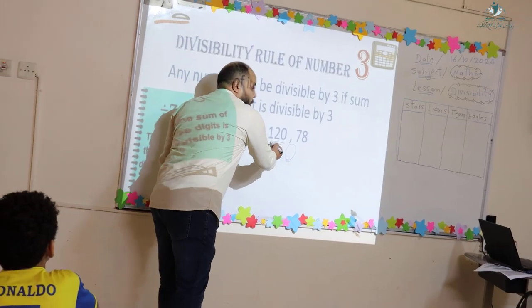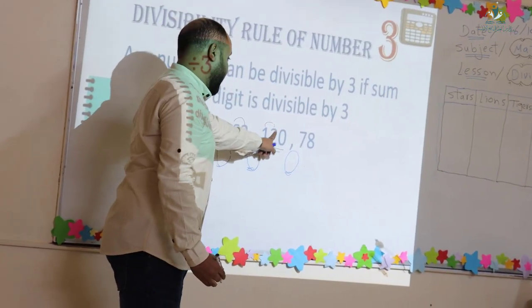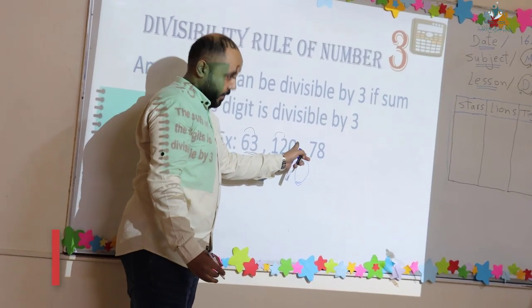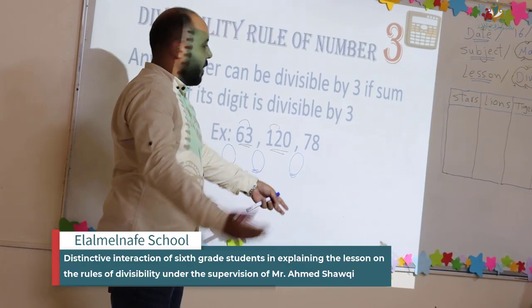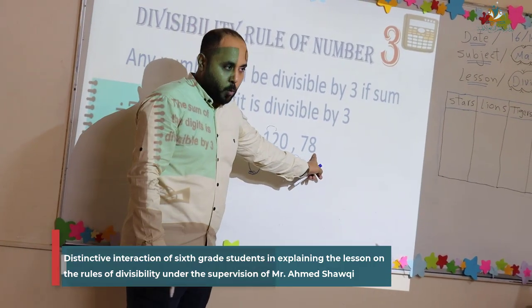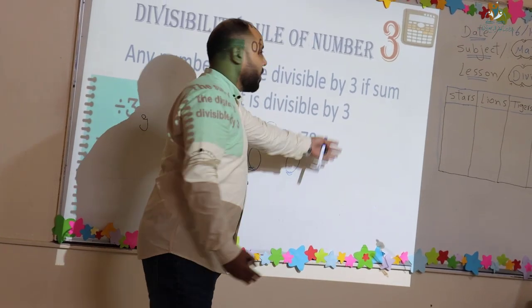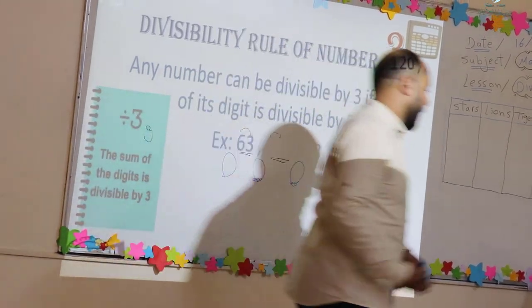Here, when we add the digits of 120, 1 plus 2 is 3, plus 0 is 3. 3 is a multiple of 3, so the number is divisible by 3. Here, 7 plus 8 equals 15, which is a multiple of 3. So all the numbers are divisible by 3. Okay. Now,